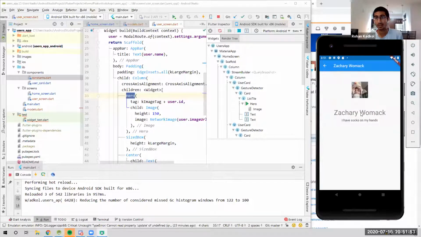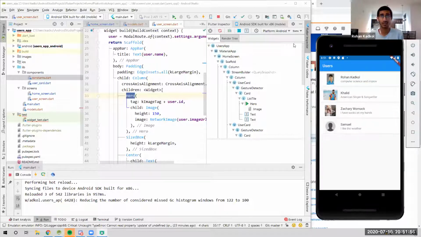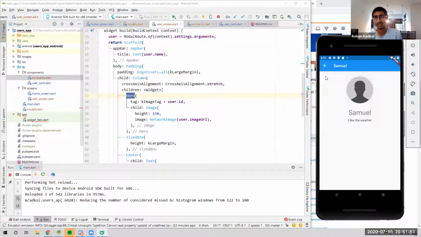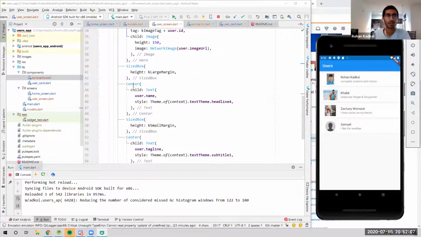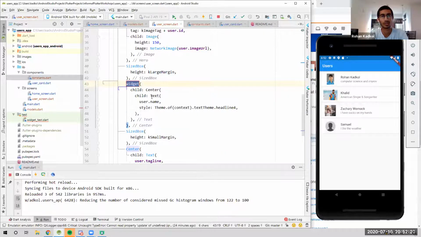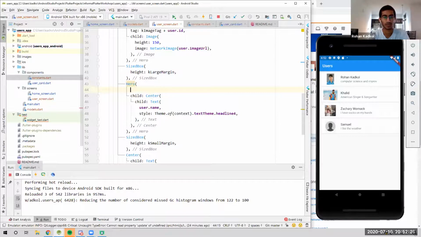Now we can even wrap our title in this. Let's see how wrapping the title will work. It may not actually be very helpful for us. Like I'm saying, these two, we can wrap within a hero widget. Let's see what happens. So user.name, let's wrap this. Sure, we'll wrap this, that may not work, but let's just try. Let's go step by step. So tag is equal to k name tag plus user.id,